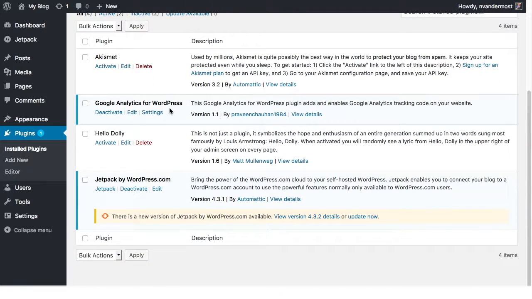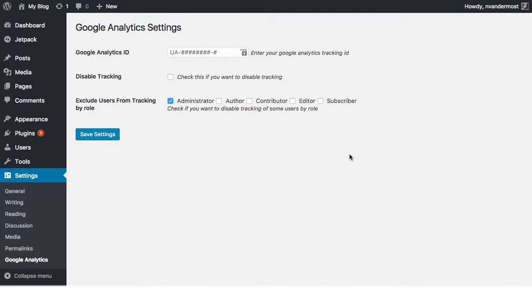We have the Google Analytics for WordPress. Now this is in our plugins tab. So remember, before I went down to add new, and now I'm just in the plugins tab. So when I click on this, this is what appears. And so these are all the plugins that we currently have installed, and so this is a brand new site, and so there's only 4 currently. So I just installed the Google Analytics, so I'm going to go to Settings, and this is really important that